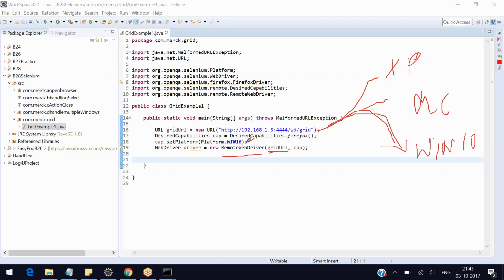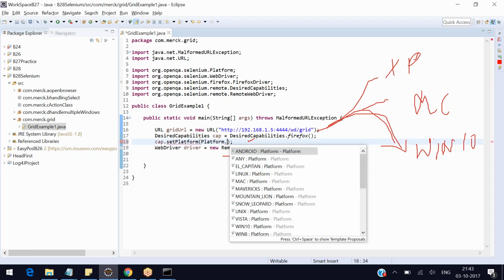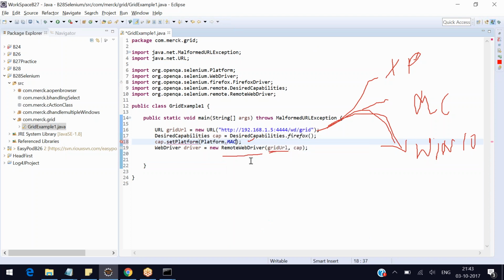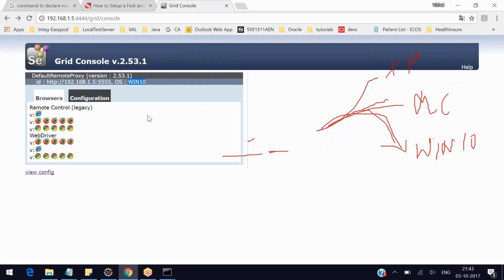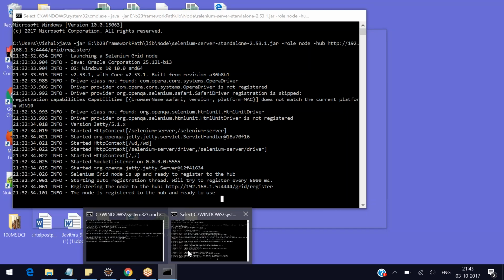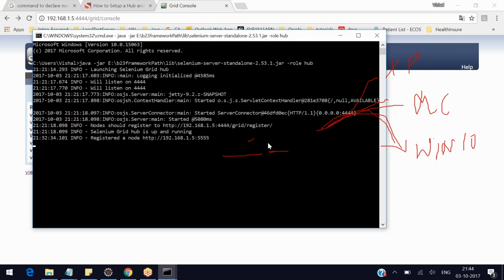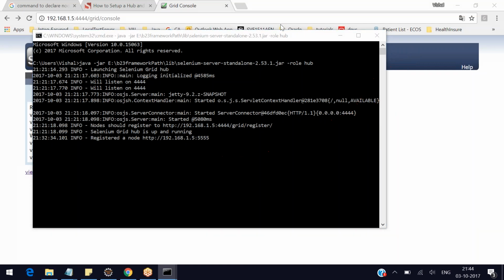If you say Platform dot Mac, it will execute on Mac OS. It will try to see whether the Mac OS has Firefox, but before that Mac OS has to be registered on this hub. Right now only one PC is registered, that is the Windows 10 PC, because I'm making the same PC hub also, node also, and we have seen how to register. Whether it's a Mac or any other OS, the